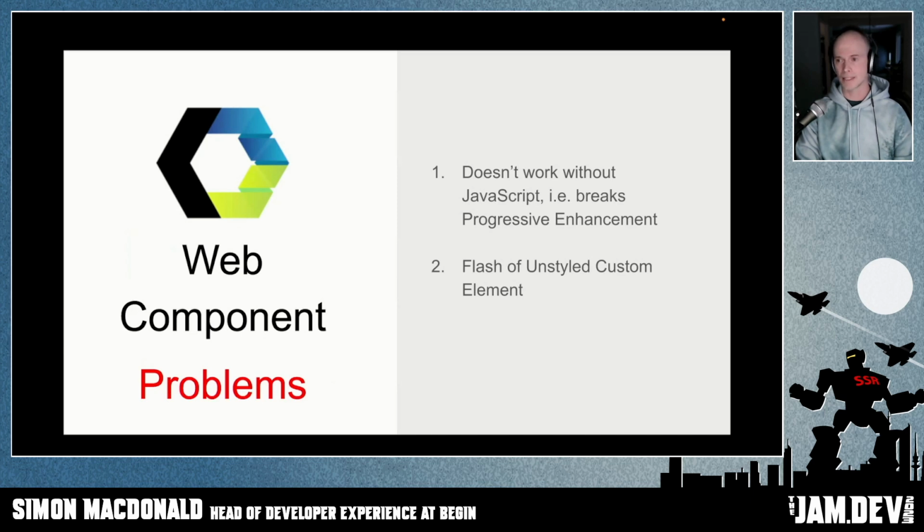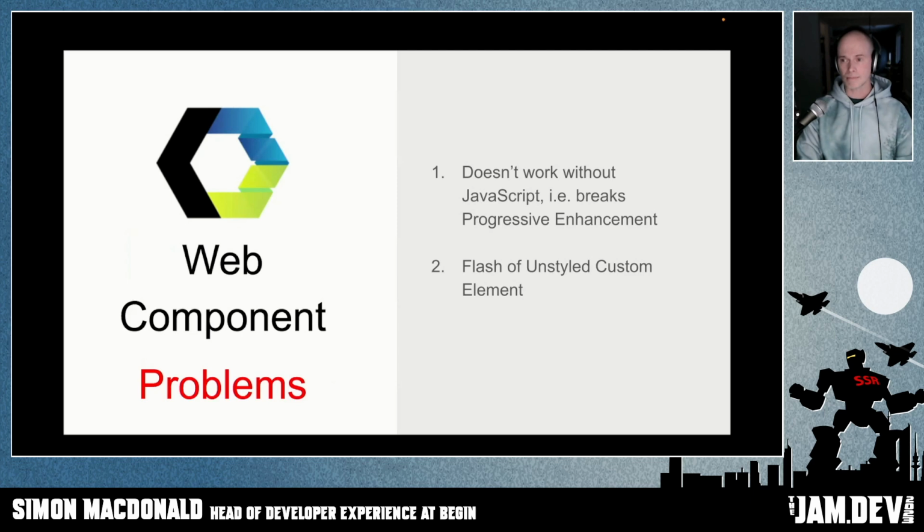So if JavaScript fails for any reason, and believe me, there are a lot of reasons that JavaScript may fail. It's not because somebody has just decided to turn it off because they feel like being a jerk and breaking the world. There are lots of network issues. There are DNS things. Have you ever been in an airport and tried to do anything with the way that everything runs through their captive portal, just messing stuff up? There are lots of good reasons why JavaScript may run into issues. So this is a problem with web components, because if you don't have JavaScript, you're not going to be able to instantiate that web component, and the browser won't know what to do with the custom tag that you're giving it.